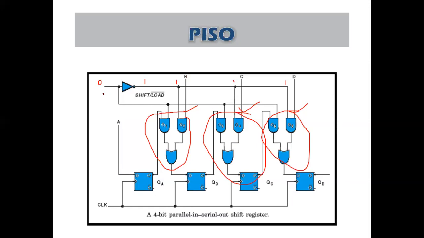Okay. If I make this 1, this portion will become 0 and this portion will become 1. This portion will become 1. So this makes these gates enabled: G1, G3 and then G5. So when I give parallel loading, those gates will be enabled. When I give shifting, these gates will be enabled.